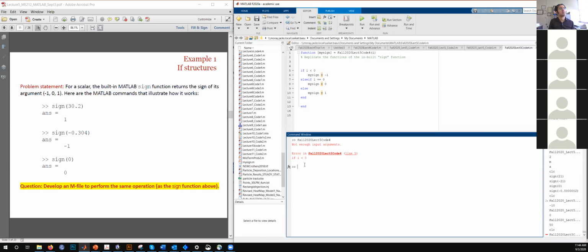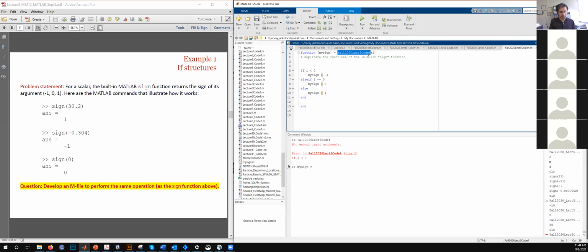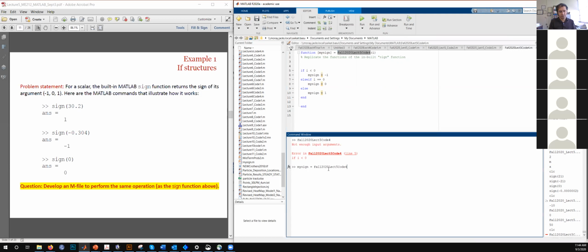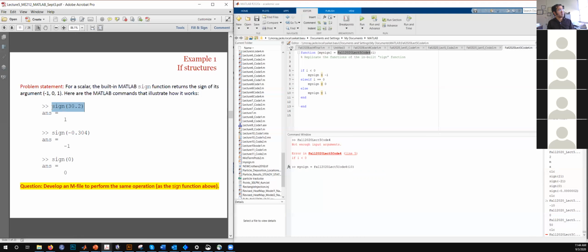So my sign is this name of the function. And whatever number you might want to check. So let's try out what is sine. So basically we are trying to replicate something like this.